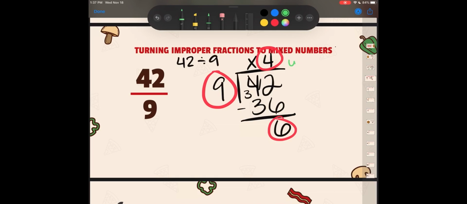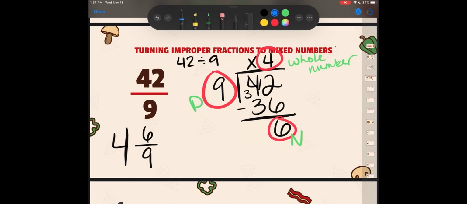So just like before, remember, we've got 3 important numbers. And those are the different pieces of our mixed number. The number that it went in a whole number of times, right? 9 went into 42 4 whole times. This is our whole number. Whatever I was dividing by, 9, was already my denominator. It stays my denominator. My remainder becomes my new leftover numerator. So using this, we've got our answer as being 4 and